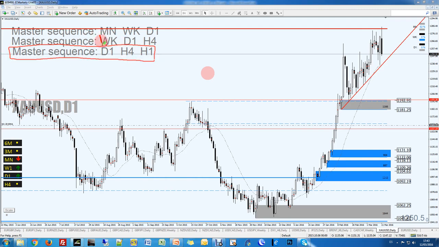Or you can also use the weekly, daily, 4 hour. Why? Because the weekly is out of alignment. So you now have an uptrend on the weekly. Weekly is up, okay? The trend line on the weekly will be something like that. So you take daily areas of demand with this weekly, daily, 4 hour sequence until you hit an opposing area of supply. And we have already hit that one already.